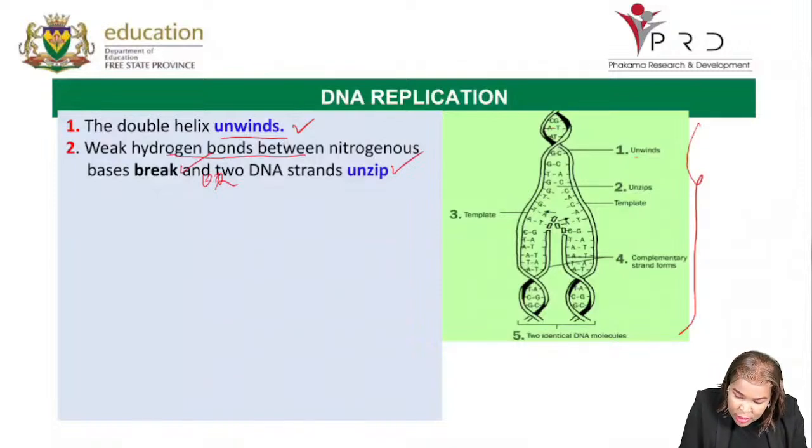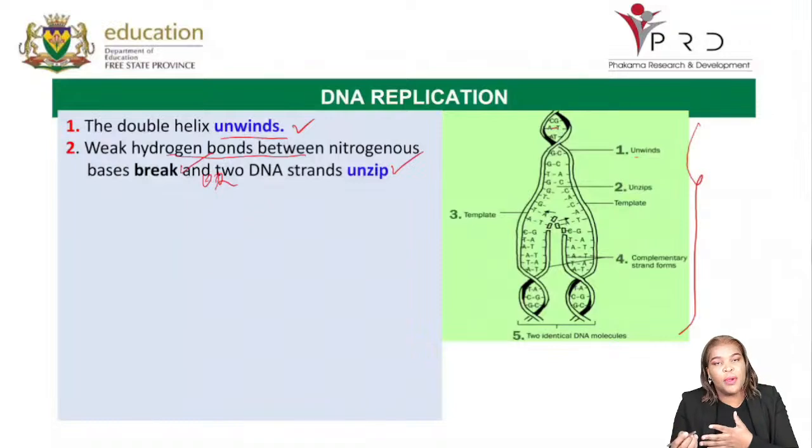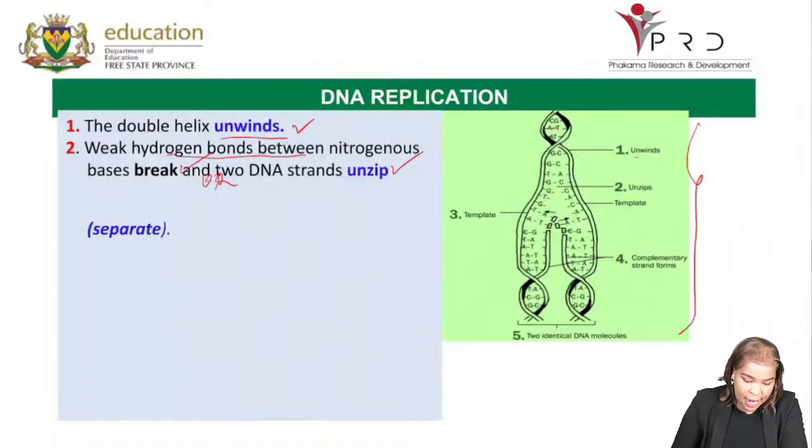So the weak hydrogen bonds are here between the nitrogenous bases. After unwinding, the weak hydrogen bonds are going to break. And when they break, what happens to the molecule? The molecule is going to unzip. So we mark it as 1 mark. So if you wrote unzip, 1 mark. If you wrote the weak hydrogen bonds are going to break, you're going to get only 1 mark. Then